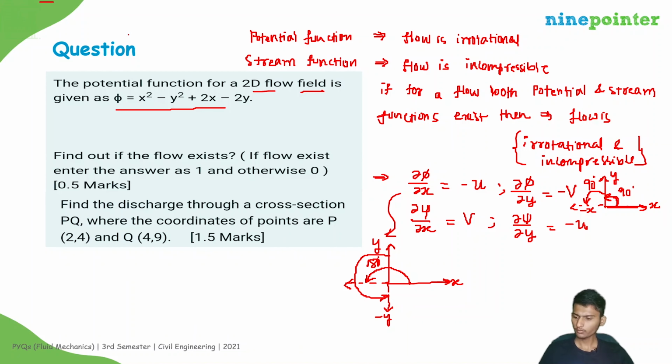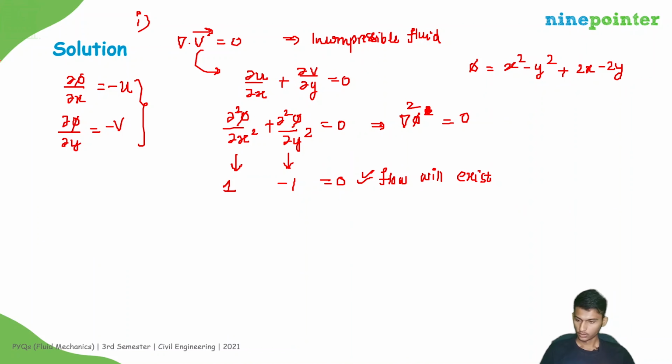Next question: find the discharge through a cross section PQ where the coordinates of the points are given, P (2, 4) and Q (4, 9). It is 1.5 marks. For the second part, suppose this is point P and this is point Q. The discharge through the line joining P and Q will be given by